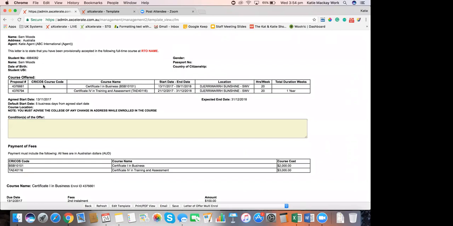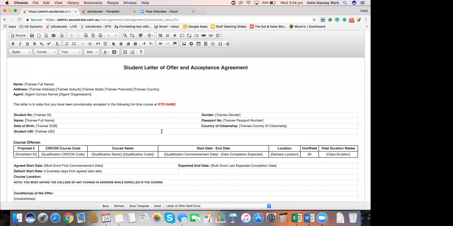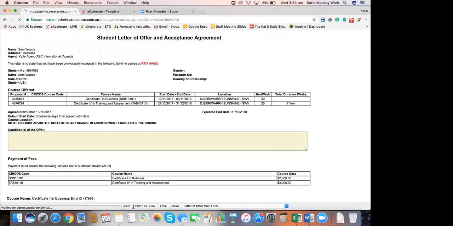If you want additional things to pull on here from information that you've collected, it's simply just adding additional fields. So if I go edit template and we have a look at this one, again, it's just adding as many of these as you need to pull through. And you can see trainee full name, agent contact name, agent organization. So if I go back in here,